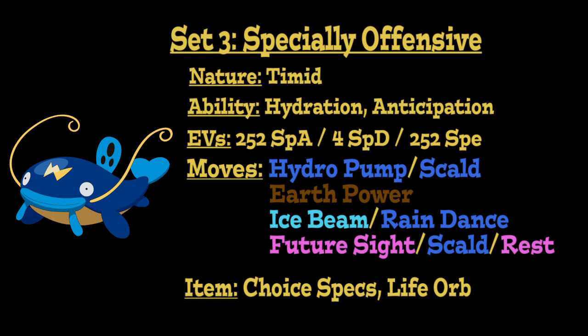As for this next moveset, we're going to be running Whiscash Specially Offensive, so we're going to start this one off by giving it a Timid Nature to boost its speed but lower its physical attack, and then going with either the Hydration or the Anticipation ability on this set. But for the EVs this time, we're going to max out its special attack and its speed stats, with 252 EVs into both of those, while putting the remaining 4 into its special defense,